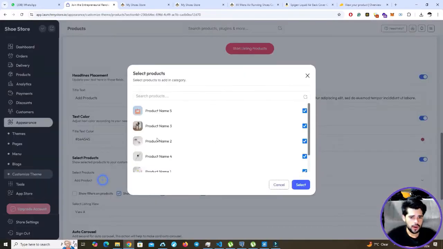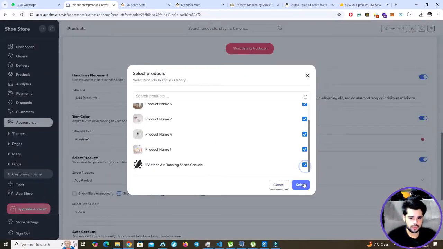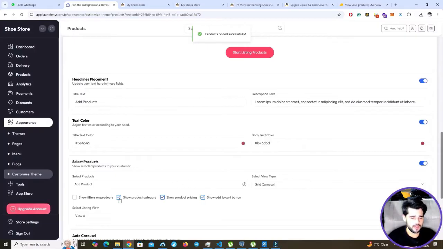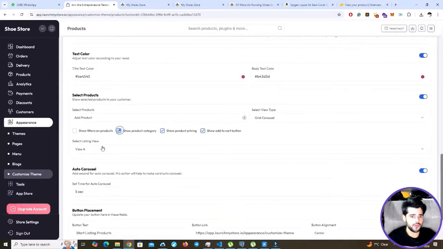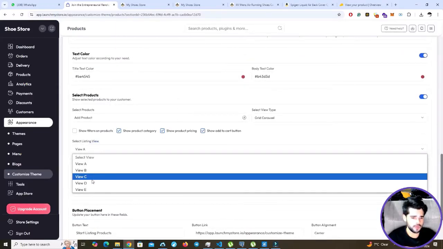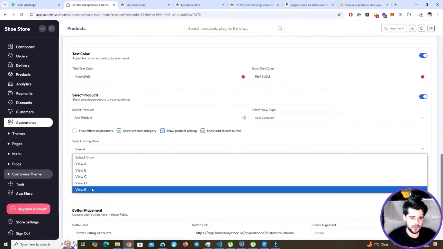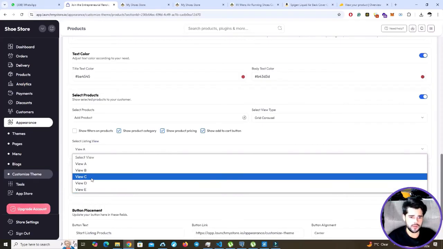And you can also add new products from here. You can even select or unselect product listing attributes like this. And you can choose between different types of views that we have available. In future, you can also customize the feel and look of your components, as we are working on a custom solution that will work across all the components, and you can edit it by adding some CSS codes.